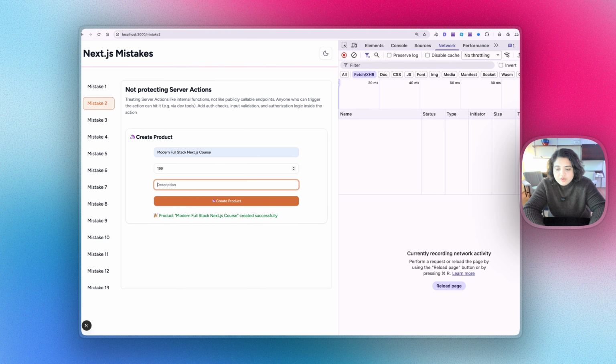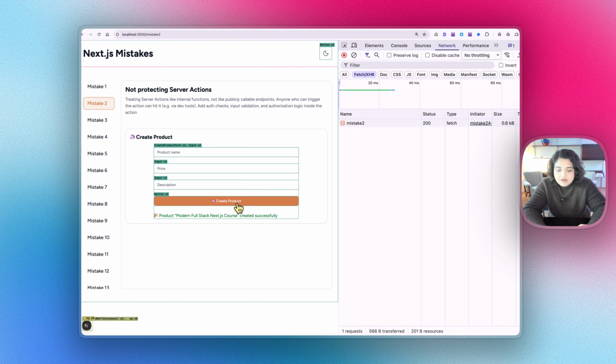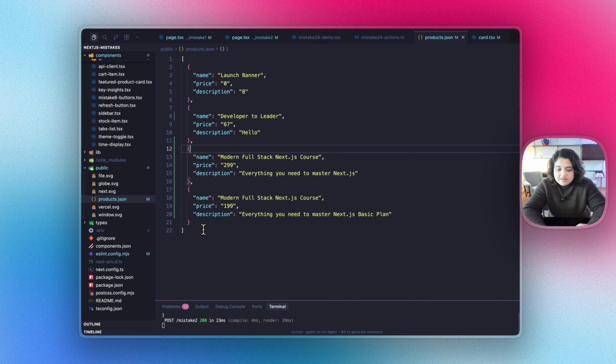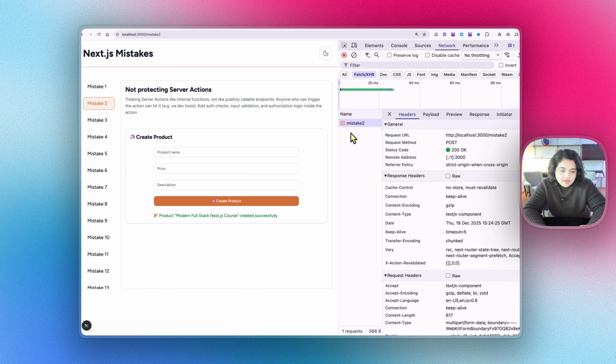I'm going to change the price to 199. Everything you need to master Next.js, basic plan. Now if I press create product, you can see that an API request got created. At the same time, a new product was added. But now let's say I